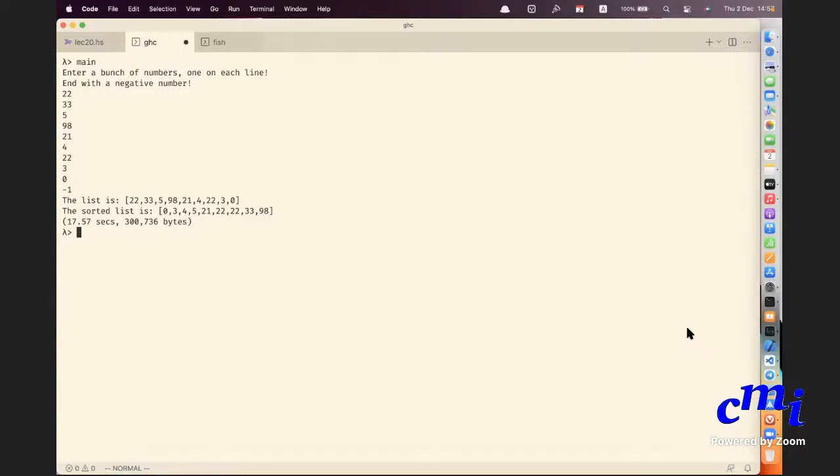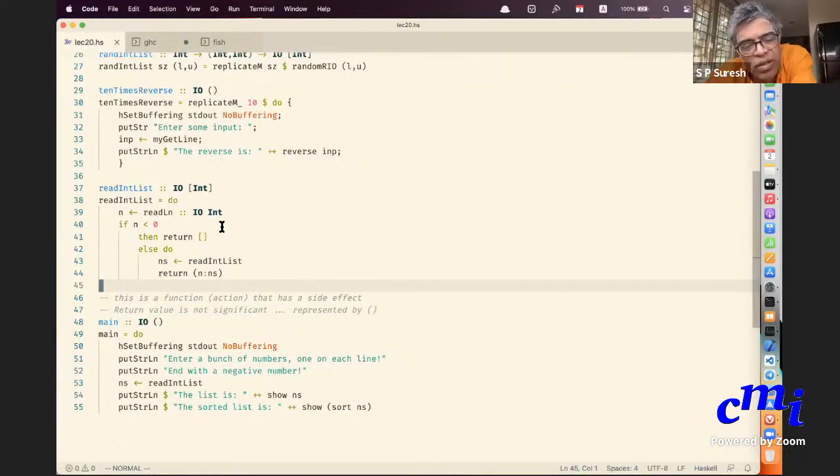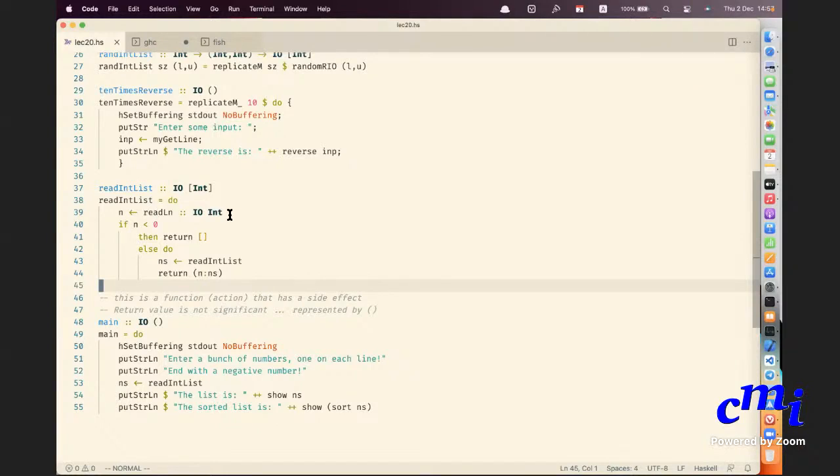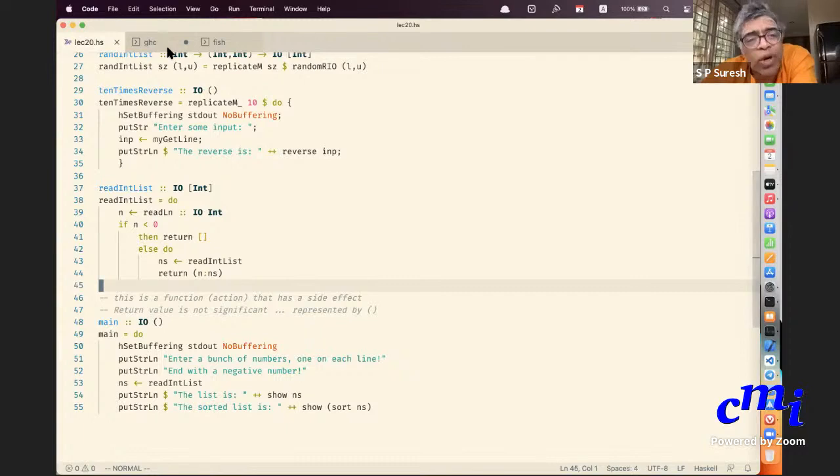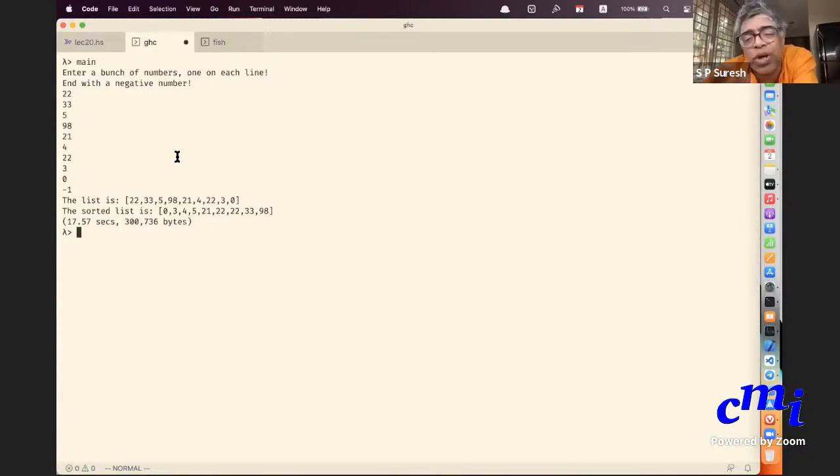In readLn you used readLn :: IO a. Yes, I did that. Can you do that with normal pure functions? I mean, the input type was a, but somehow you changed it into int. No, I didn't. The input type is not a. The input type is anything whatsoever you want it to be. Yes, so you have to specify int. So you specified int. I could have specified it as double, and I could have done the same thing.